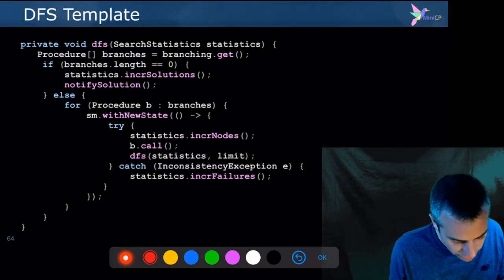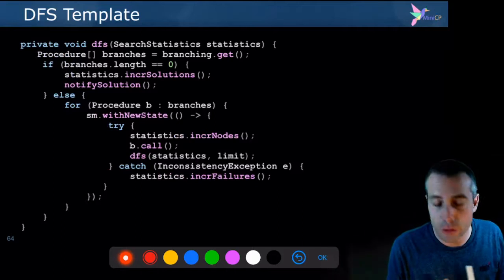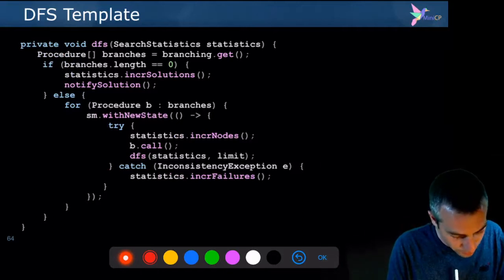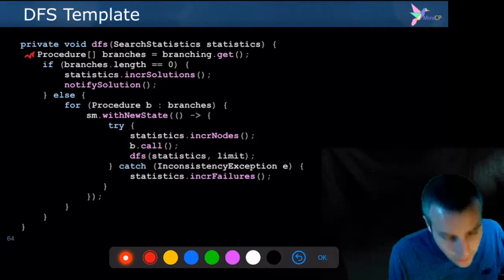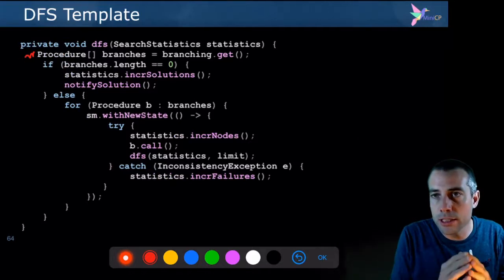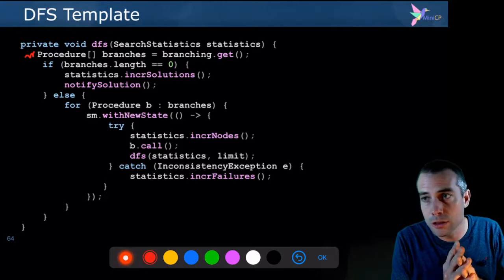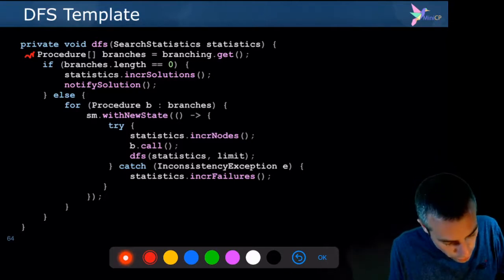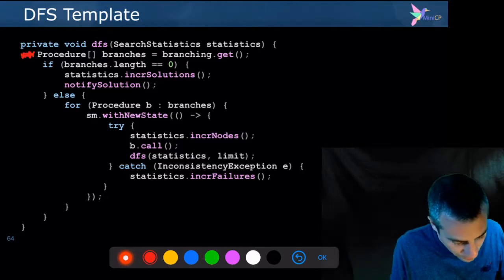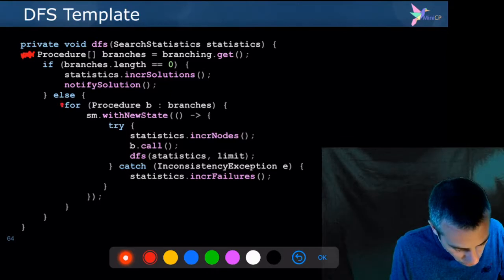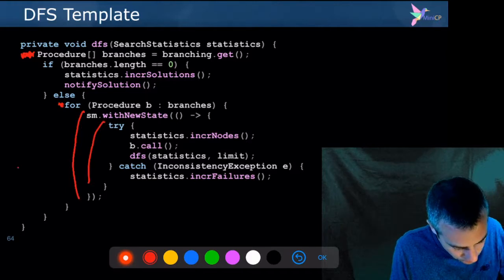This is really a recursive procedure that implements the depth first search. It will first generate all the branches, all the decisions that you want to execute, and typically there are two decisions, the left branch and the right branch. You get them here. And then for each of the branches, you will create recursively here, this is your closure.